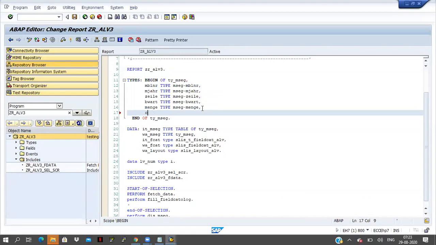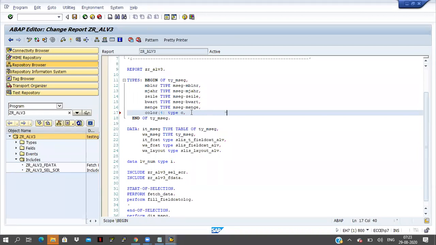You can take any name here, the field name can be anything. I am taking color, and here I am taking type C of length 4 only. Why am I taking 4 characters only?